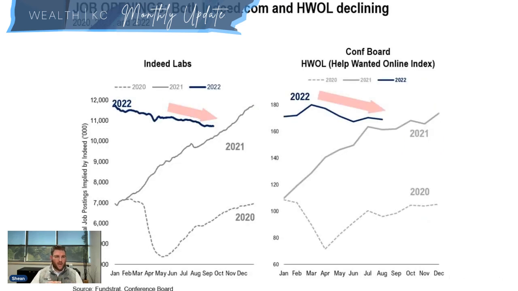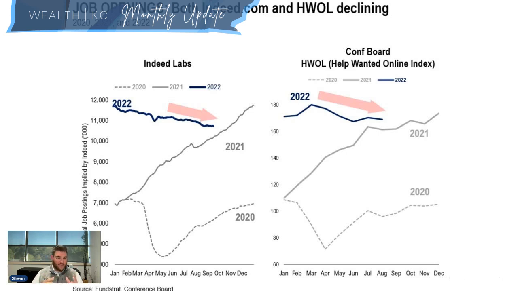This is a look at job openings. So there's been a lot of publication over the last year on how the job openings to everyone looking for a job was at 2.0. So 2 job openings for every 1 person looking. That number has historically been somewhere between 1 and 1.2 when things settle out in normal market environments. And we'd like to see that number start to fall back down.